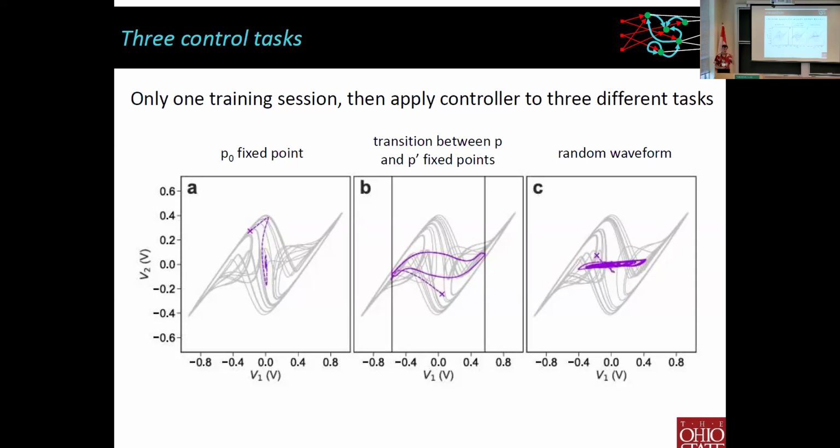So we're only able to feed back to one of the variables, the V1 variable, but not the V2. So we're really only controlling V1. V2 kind of follows along for the ride, but it's not some simple shape. It's because of the nonlinearity of the system. And then we also controlled it to an arbitrary state. So we essentially gave it a random waveform and said, follow this random waveform, and it does very well in